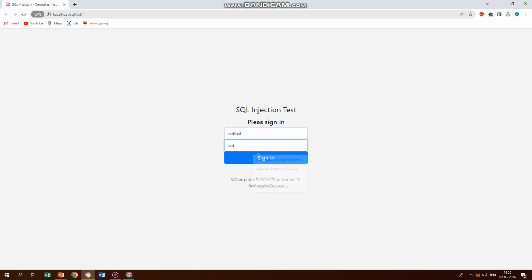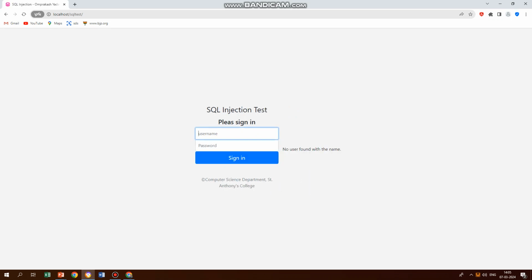random username and password. What happens is it's saying that no user found here with the name. And suppose we give a proper one, the first one is username and the second one is email. Suppose if you give this, then we'll try to